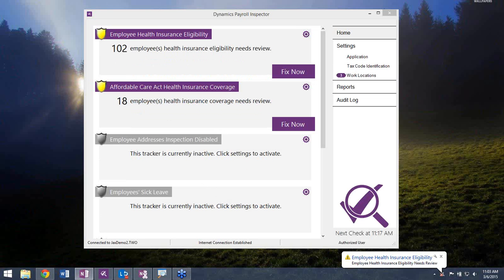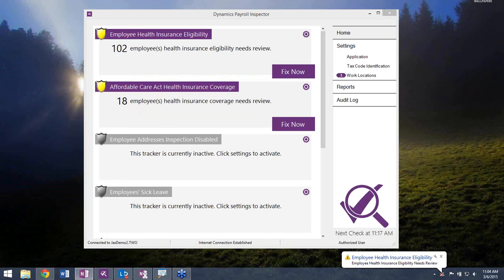Both of these have the key characteristics of tracking the compliance related to the Affordable Care Act from the employee standpoint. So we're talking about eligibility, minimum essential coverage, minimum value plans, and affordability. Both systems have those two aspects of compliance tracking built in. The benefits enrollment, however, goes a little bit further because it begins an interaction with the employee. So we can put some rules in place that would allow a benefit package to be available to specific employees based on a department or a class or location, pretty much any field from the employee maintenance window.